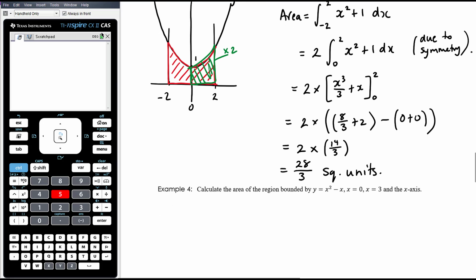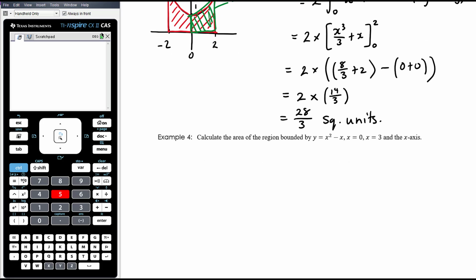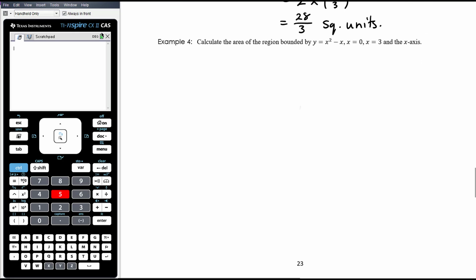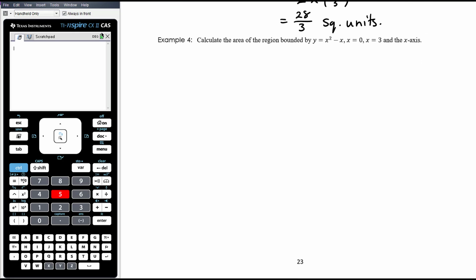Obviously you can write that if you want as, what would that be, 9 1/3, but 28 on 3, improper fraction in simplest form is perfectly fine. Okay, example 4. Calculate the area of the region bounded by x squared minus x, x equals 0, x equals 3, and the x-axis. Okay, so x squared minus x,